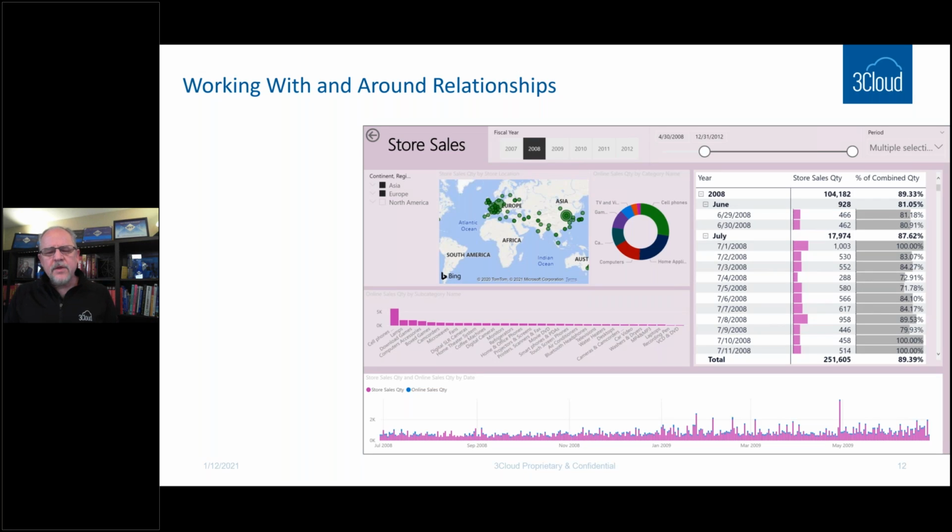Okay, so far you've seen some exceptions to relationships. So I'll make this point. I think it's very important that when building a Power BI solution or a tabular model solution, getting the relationships correct is the most important thing. That's level 100, maybe level 200.